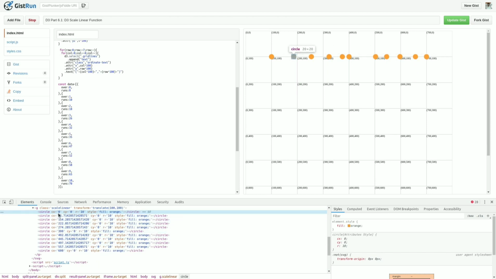For 0 runs you get cx as 0, and for 70 runs you get cx as 600 pixels. So for the 0 run the circle is at the 0 position. For the 10 runs your second circle is at the 85 pixel position.